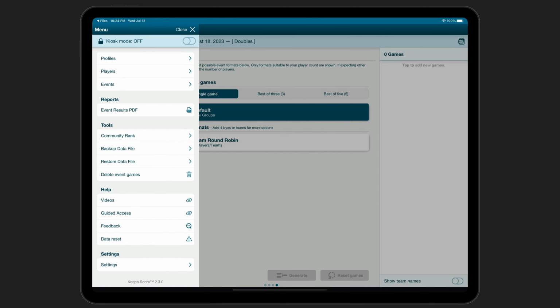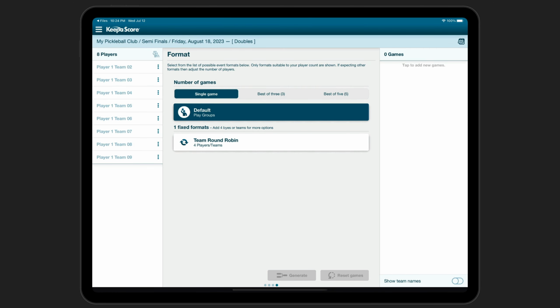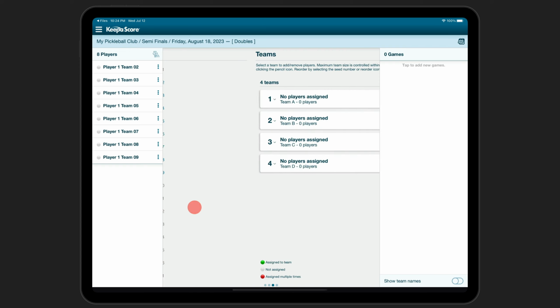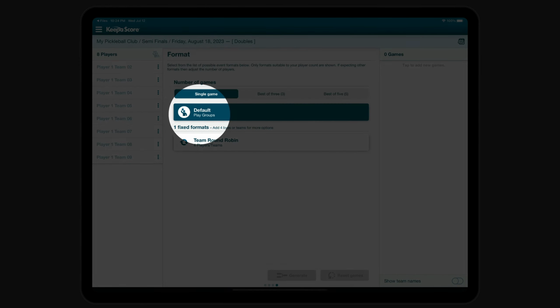Now, obviously, if you have scores that you care about, don't do that. You're not going to delete those games because you want to keep the scores. But if you need to, because you feel like you've made a mistake, you do have reset options. So going back to our default settings, where the format that we have right here, this default format using play